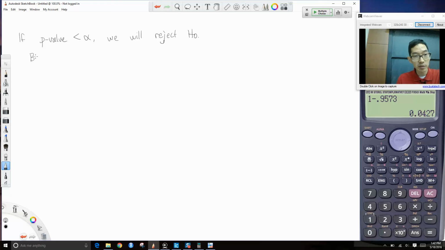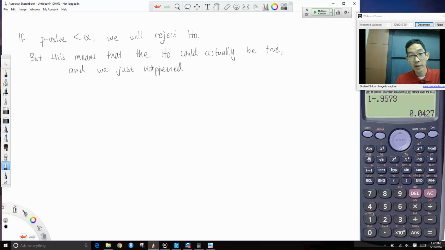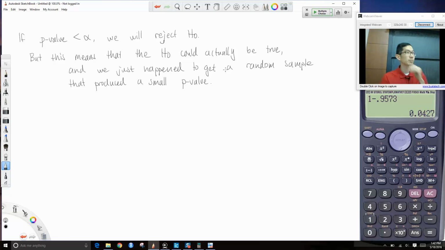But this means that the null hypothesis could actually be true and we just happen to get a random sample that produced a small p-value. Okay. And so a type 1 error,